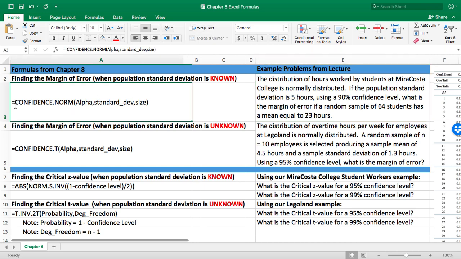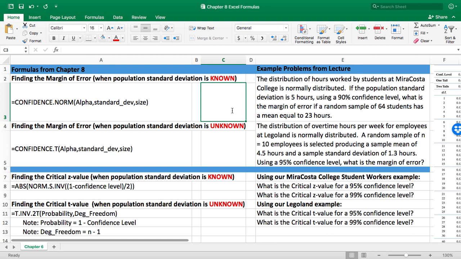So here on our left is the formula to find the margin of error when the population standard deviation is known. So here we have equals confidence.norm, and in parentheses, we'll type in our alpha, the standard deviation, and the sample size. Note that the alpha is just 1 minus our confidence level. So for instance, if I wanted to use this formula to find the margin of error in our problem here,